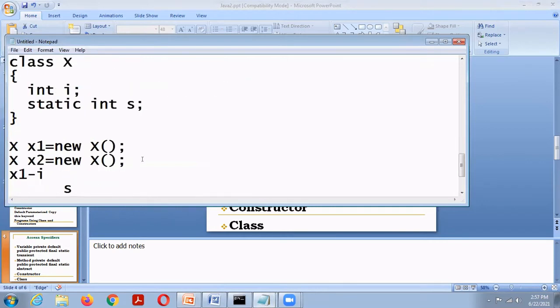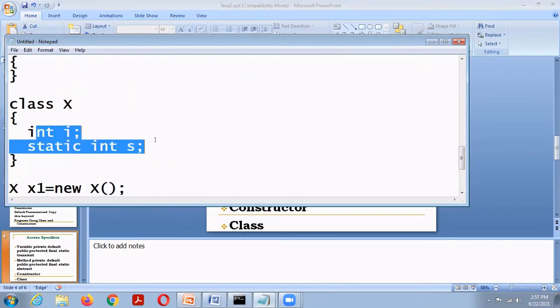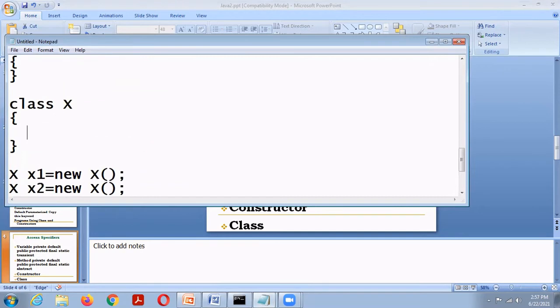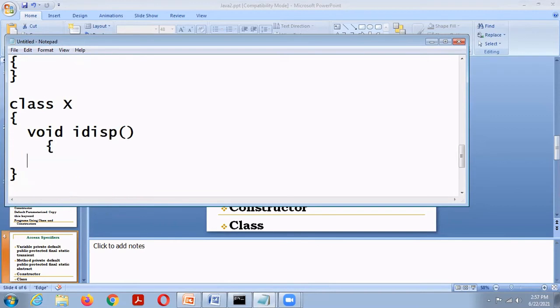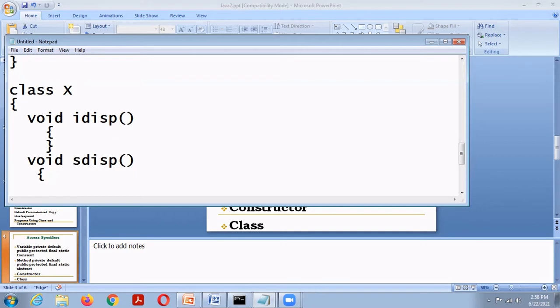So, for example, here class X has void instance display, and another one is static void display.